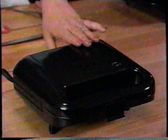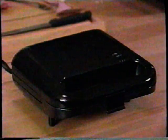Now, my daughter uses hers in college. The girls go to the dormitory, come back with a bunch of food, kind of sneak it in, and with a couple of tortillas, you can have a hot snack in just 2.5 minutes while you're studying. Now, this